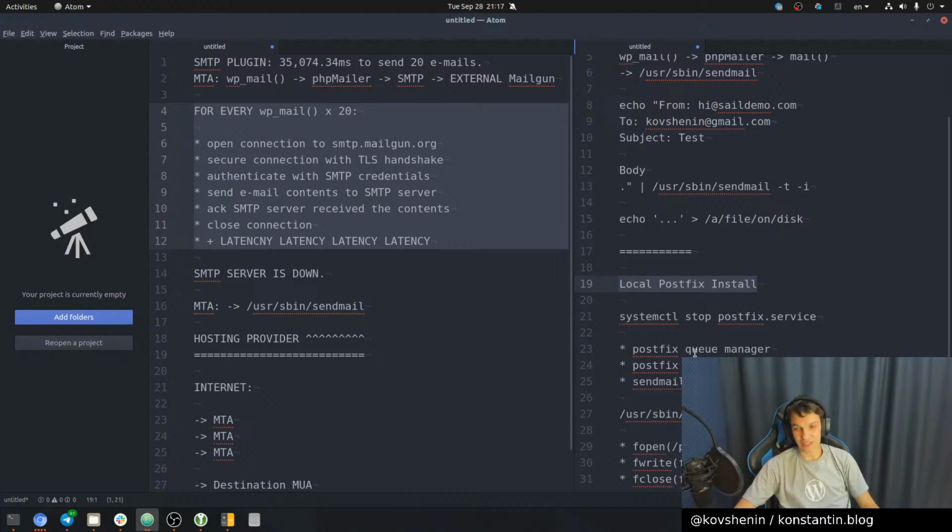Because again, this is just /usr/sbin/sendmail writing files to disk, and whether they're written to disk on one server or the other, it doesn't really matter, because WP mail is only going to be called once for that particular email, hopefully, and it's going to write the file once, and then whichever web server that happens on, the Postfix instance there, the queue manager will pick it up, and the SMTP server will send the email to the Mailgun service or whatever other